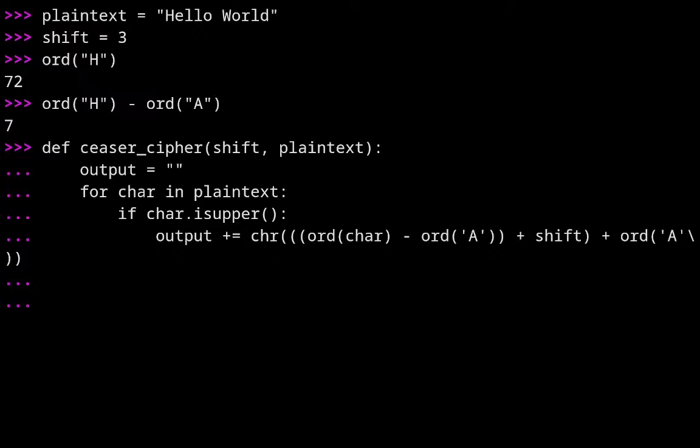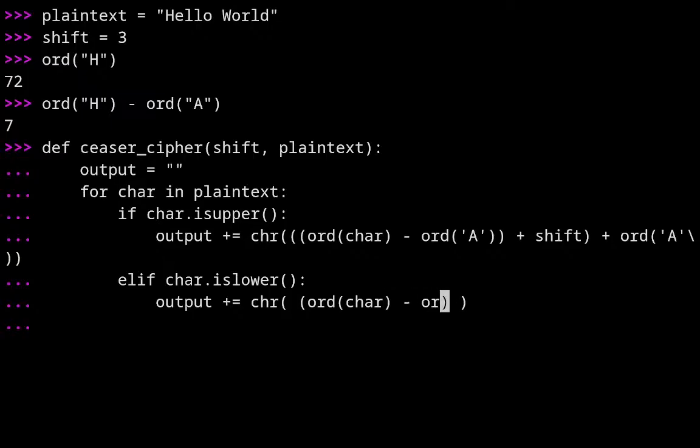Now, similarly for the lowercase case, we forgot a very important step here.